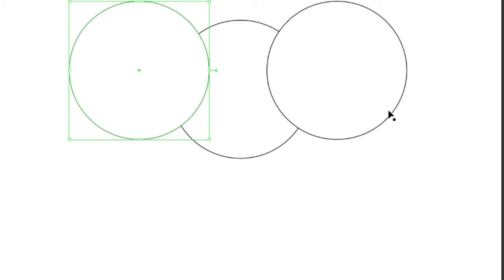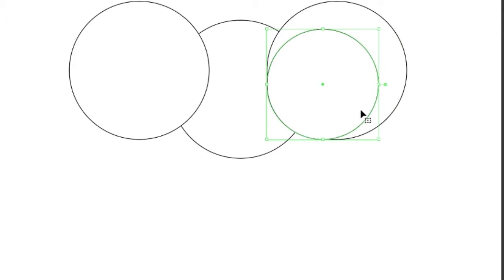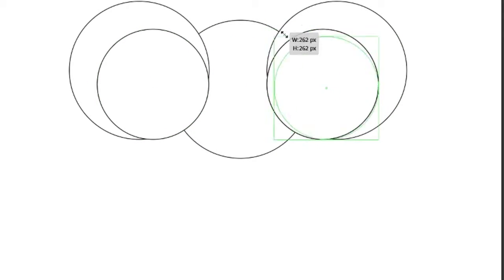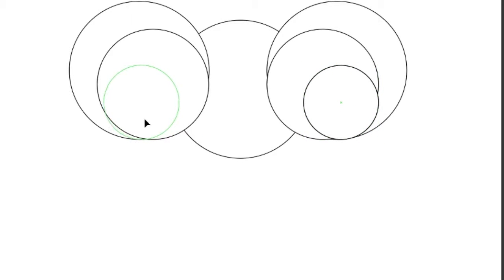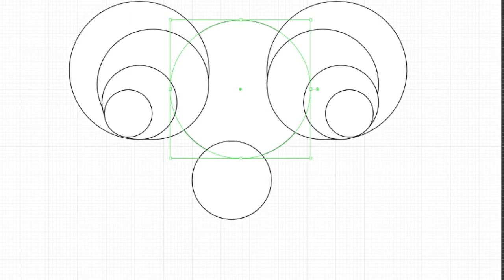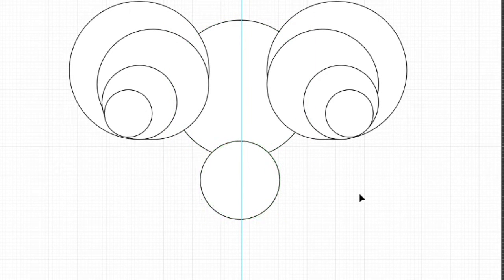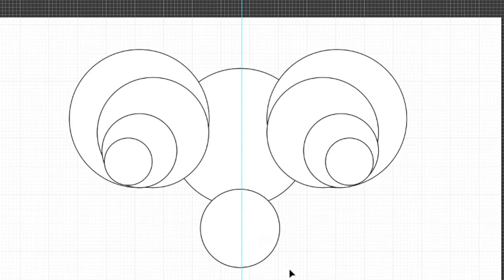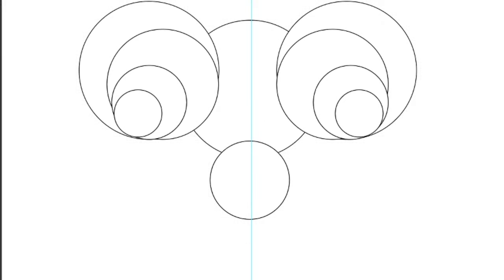Today we are going to continue the Zodiac series with the next one, Aries. I started with a sphere tool, just kicking this off right now to make the base of the ram head and also the horns. The ram is the symbol for Aries, and here I'm going to be using the shape builder tool once I have all the spheres in place,